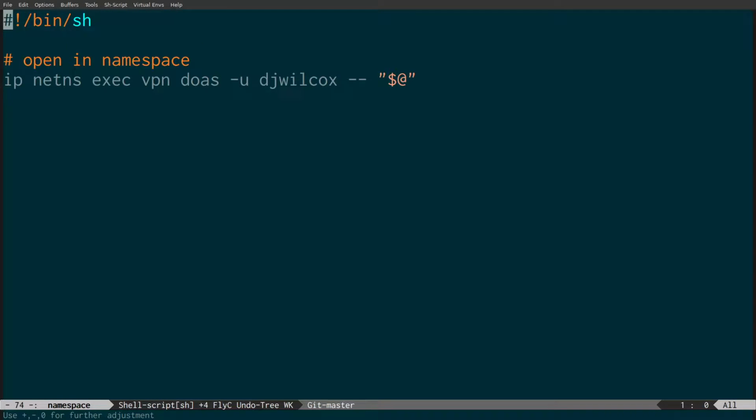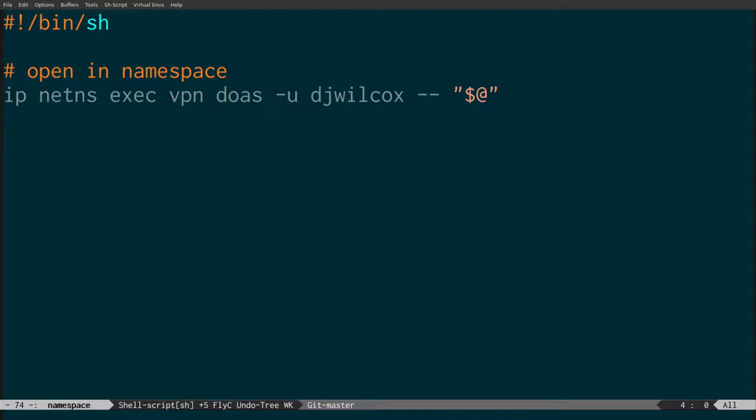Okay. So what you can see in this script is I'm running the IP command with the netns option exec VPN, and what basically that does is this is what creates a Linux namespace. Now this script has to be run as root with doas, but what this next section here does is doas -u, then my username --